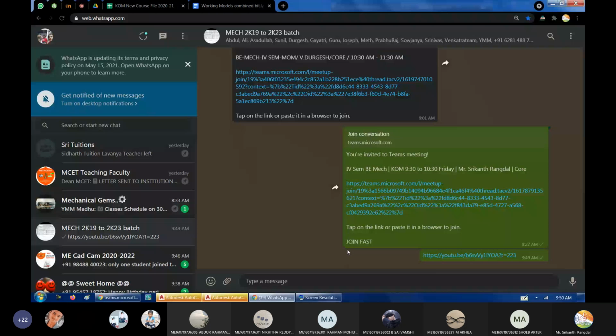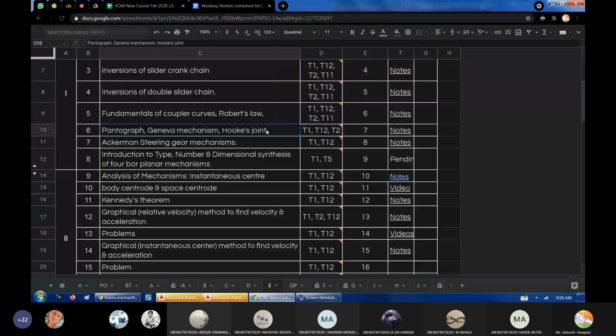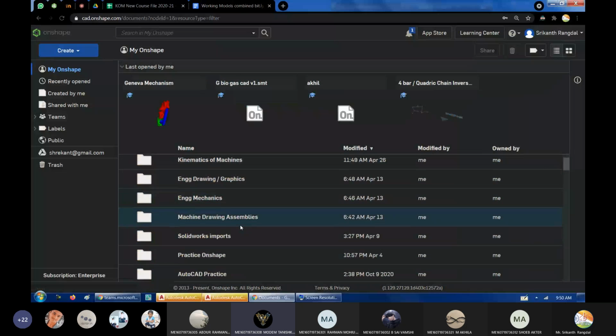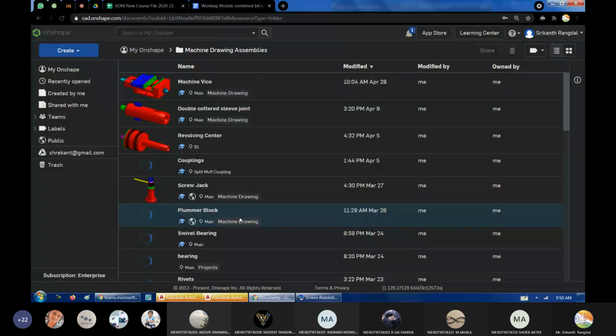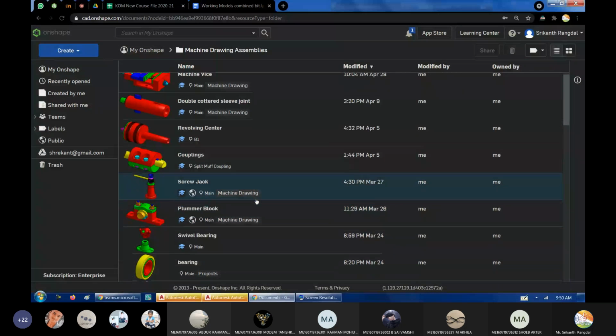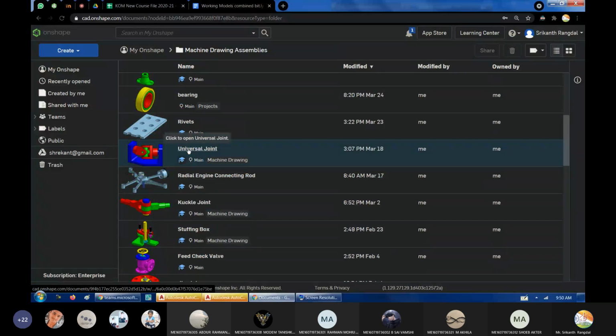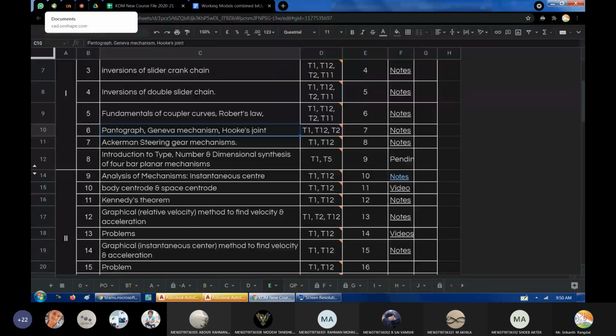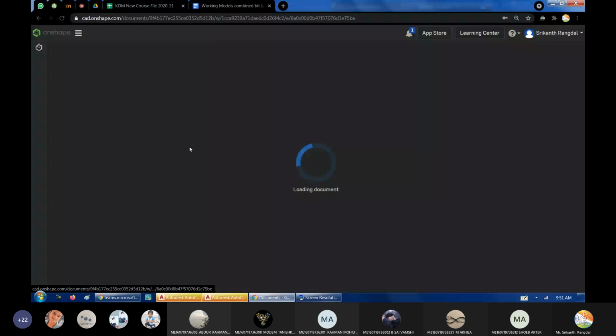So moving ahead, we have to next take up the topic Hooke's joint. What is a Hooke's joint? Stress is directly proportional to strain, sir. At the proportionality limit, that's Hooke's law. You're getting confused between his law and his mechanism. So what is Hooke's joint? Hooke's joint is also called universal coupling or universal joint.